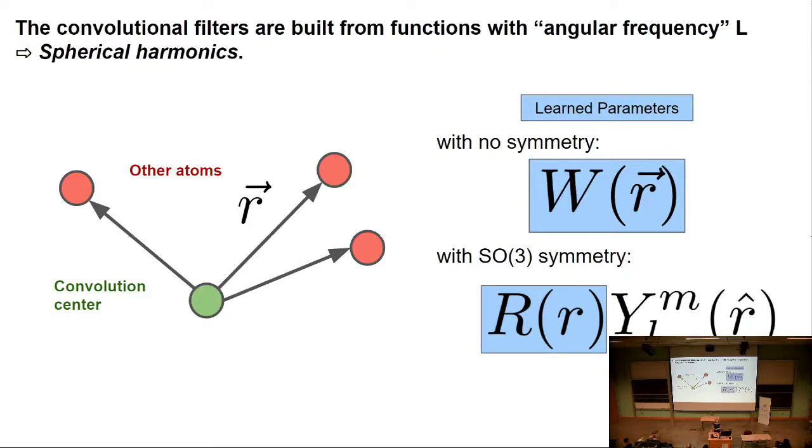Okay. So when you have a filter for an image convolution, you're moving it over space. Now, in our case, we don't have a grid. So where do you center the convolution? You can actually choose whatever you want. What we tend to do, and this is a physically informed kind of bias, is that we do it from the atom center. So when I'm evaluating my convolution, I'm sitting at a specific atom, my green atom here, the convolution center, and I'm looking out to my neighborhood.